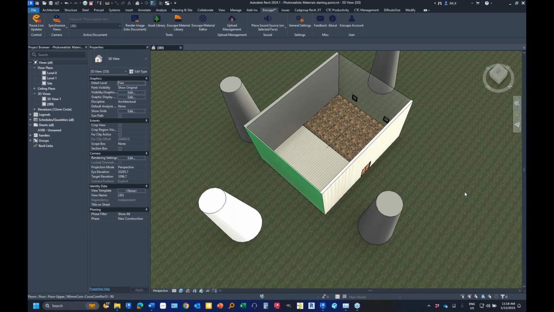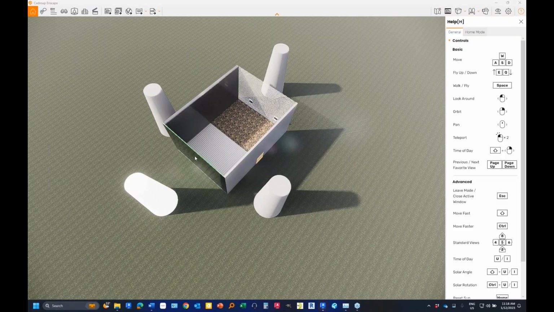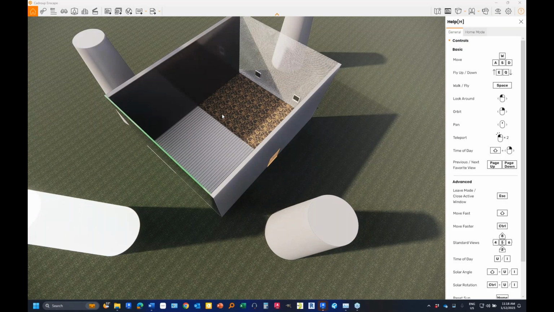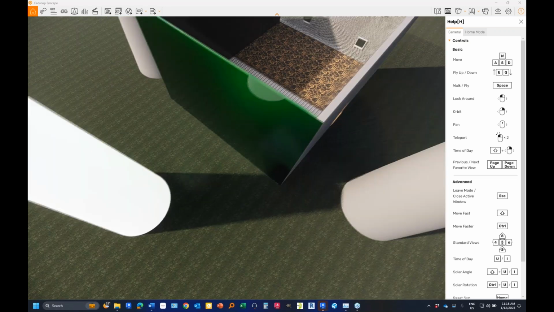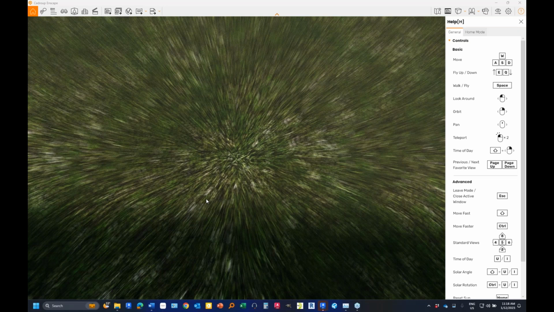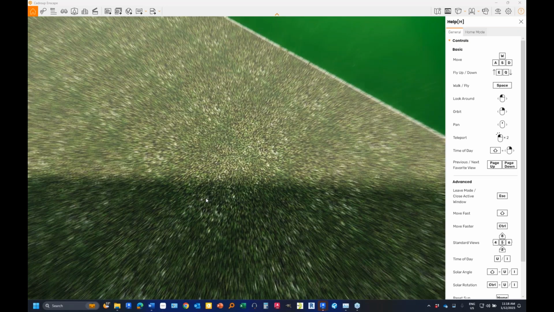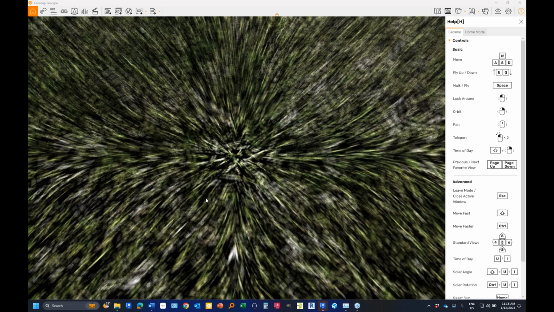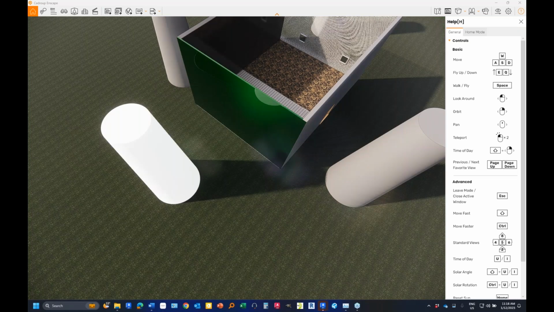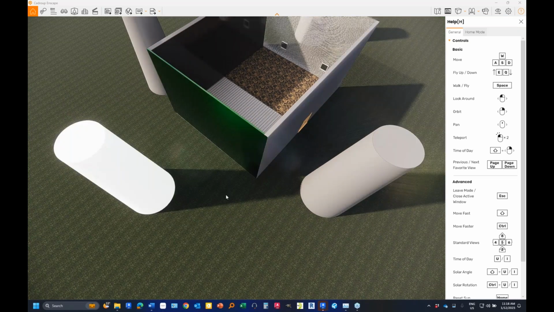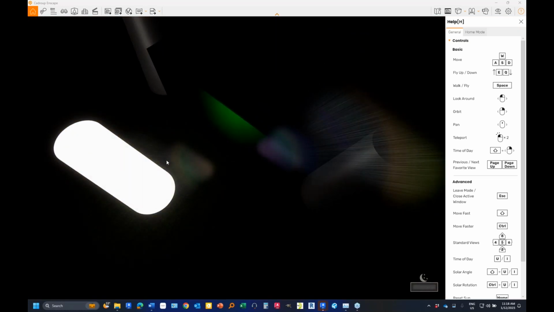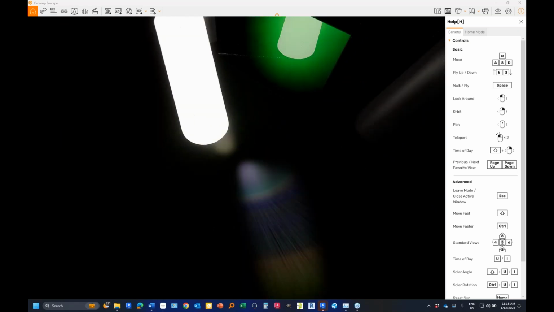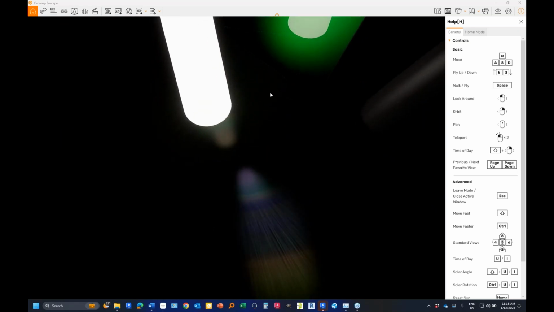All right, so just as a recap, we've got that carpet that we added. If I just zoom in on the grass, actually. There is a sort of depth there that's being simulated, so that might be a useful way of representing grass on a render. We've got our glowing object here. If I just change the time of day, then you'll start to get a much nicer understanding of what it's doing. So you can get these really nice effects here